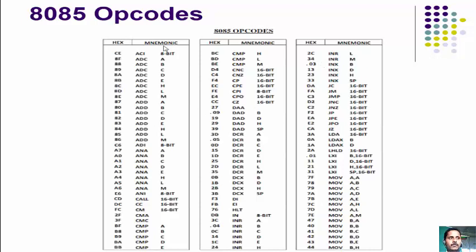Then what is this mnemonic? Mnemonic is to understand the operation performed by the CPU. As I said, ADD indicates addition operation. Likewise, suppose MOV. MOV is nothing but the move instruction, a data copying instruction. In the same way, the SUB instruction is there for subtraction. ANA is there for the logical ANDing operation. So mnemonics are given in this opcode sheet to identify the type of the instruction and the operation performed by the instruction.